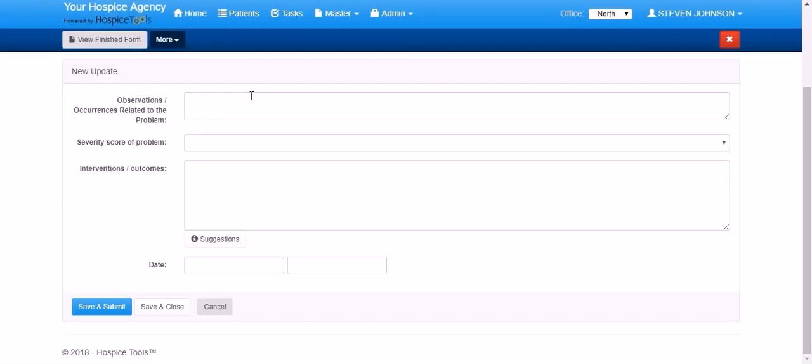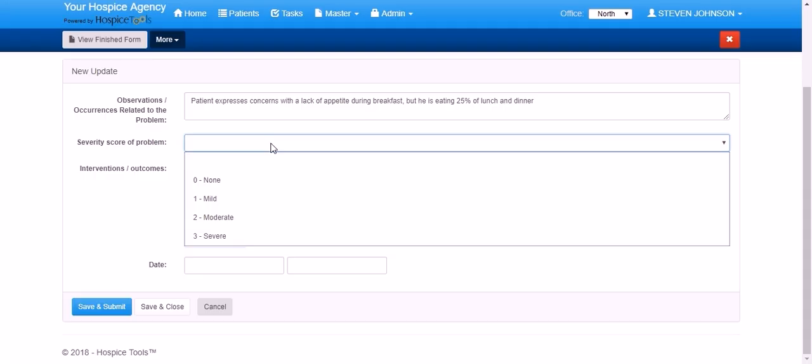occurrences that are related to this specific problem. In Derek's case, his nutritional impairment. We'll put in here that Derek expresses concern with a lack of appetite during breakfast, but he is eating 25% of lunch and dinner. Once we've entered the observation of the problem, we can use the drop-down menu to rank